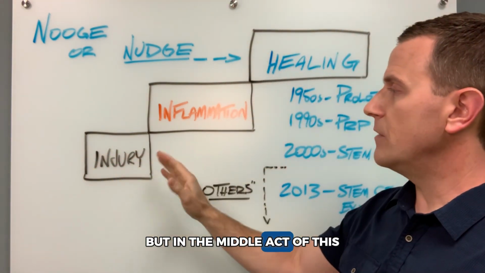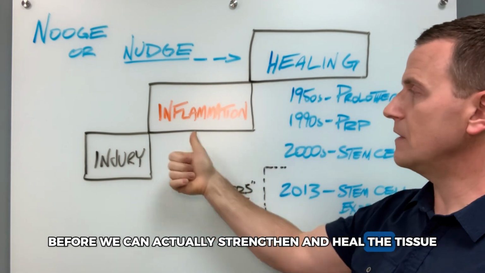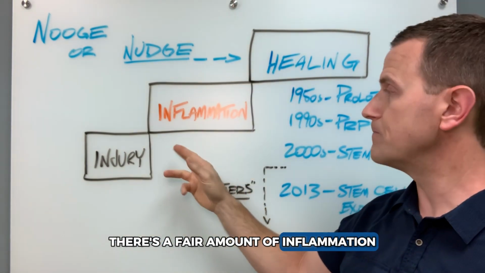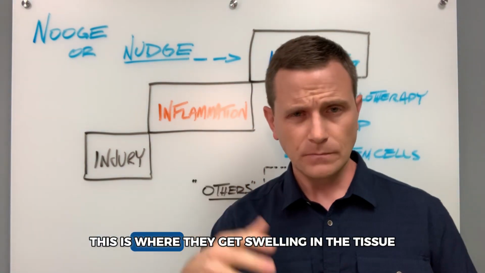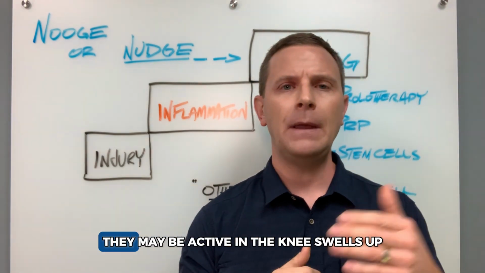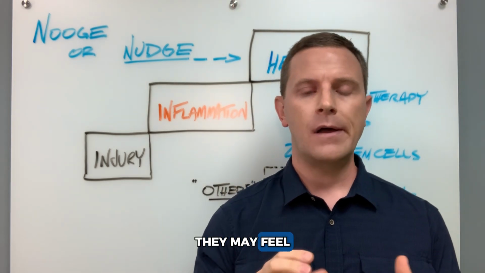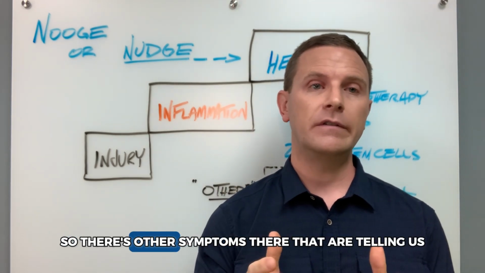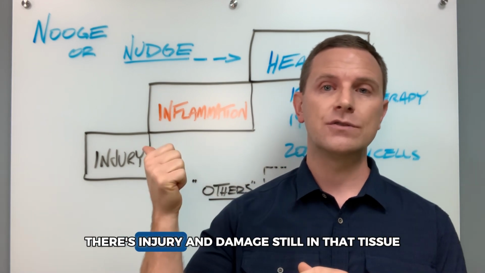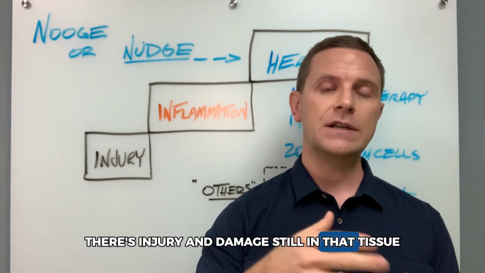But in the middle act of this, before we can actually strengthen and heal the tissue, there's a fair amount of inflammation. And this is where people hurt. This is where they get swelling in the tissue. They may be active and their knee swells up. They may feel more stiff around the joint. So there are other symptoms there that are telling us there's injury and damage still in that tissue,